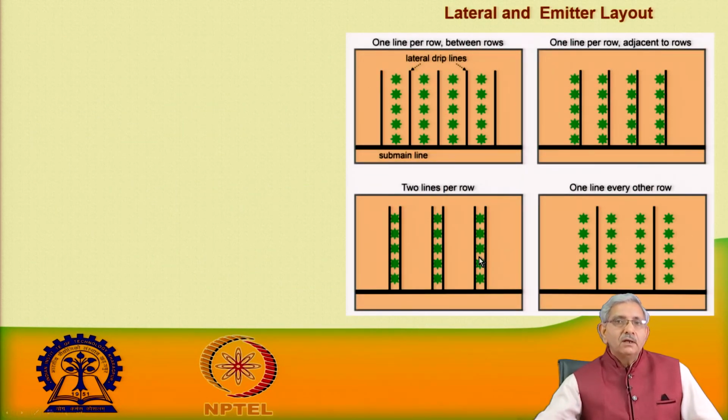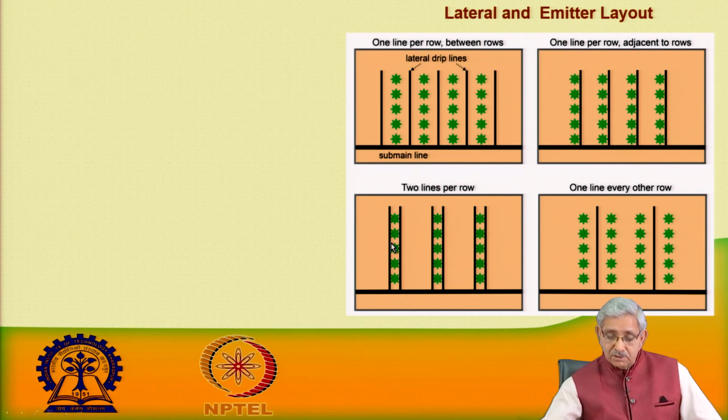So, you can see the arrangement shown here. There is one lateral, and in between these, the crop rows are grown. Here we see that the lateral lines are kept between the rows of the plants. According to the rows of the plants, each independent line goes adjacent to a row, and these laterals are laid. This will depend on the plant water requirement and the field arrangement.